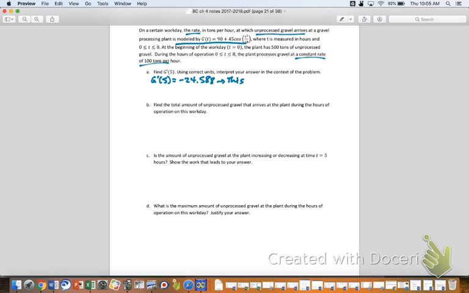This means that the rate that gravel arrives is decreasing